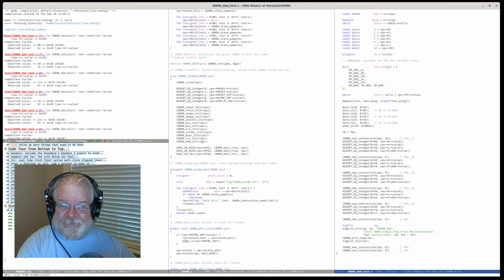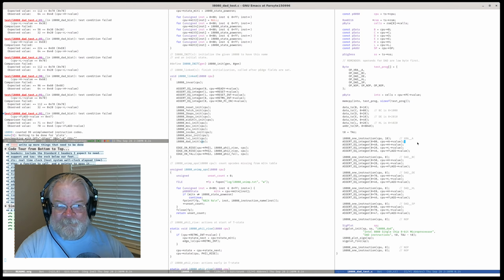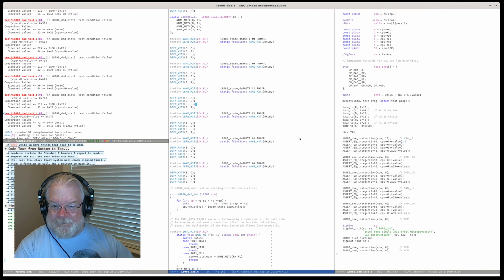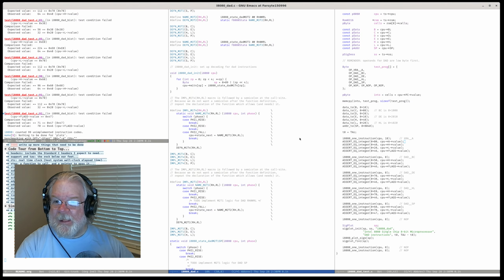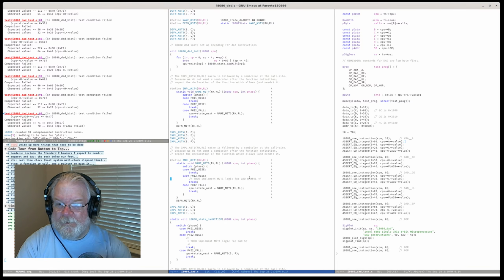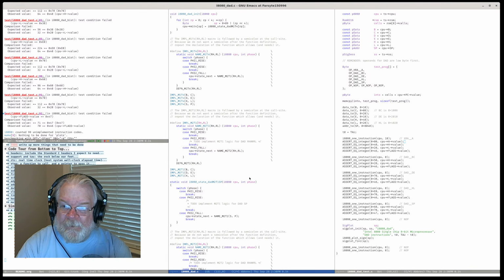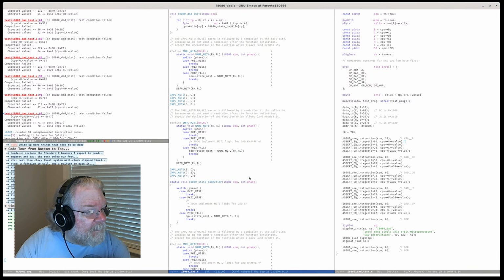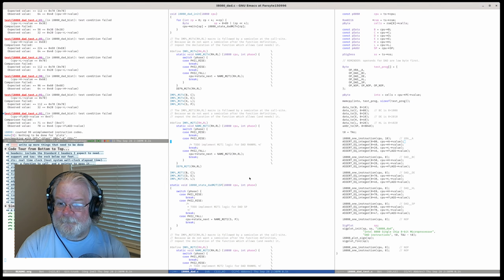So now we have failures on H and L, H and L, H and L, H and L, and flags. So now we need to do the implementation. So M2T1, we are copying the low register, the selected register, into ACT.